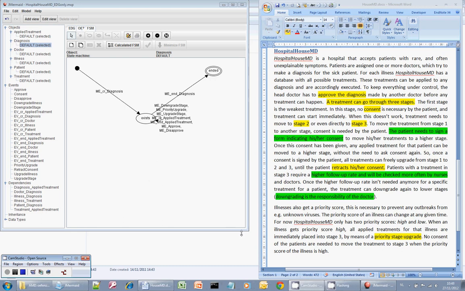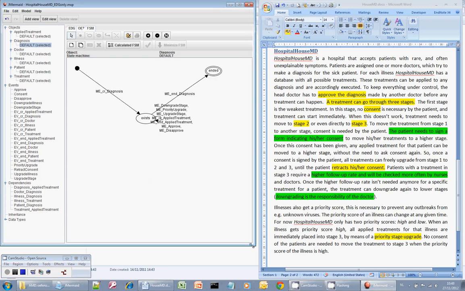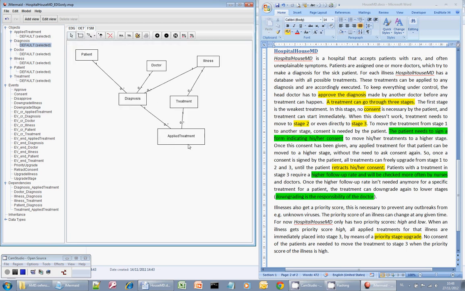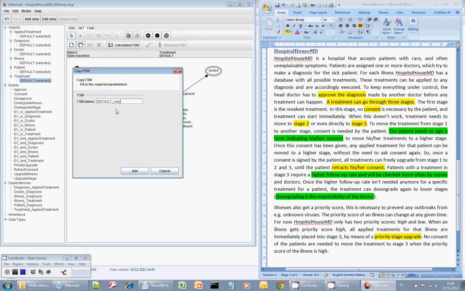Now that we have identified all the business events, we can start creating our finite state machines. So let's start, as we have learned it, to do this bottom up. So we start with the applied treatments. So we make an applied treatment